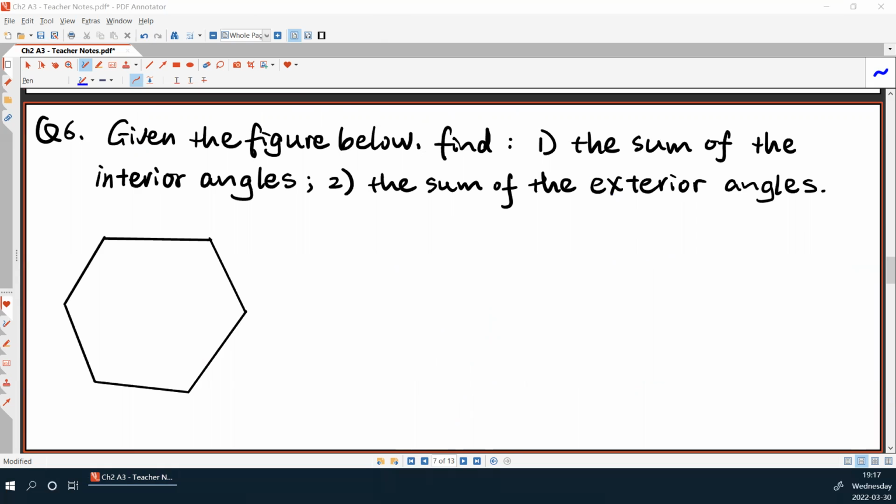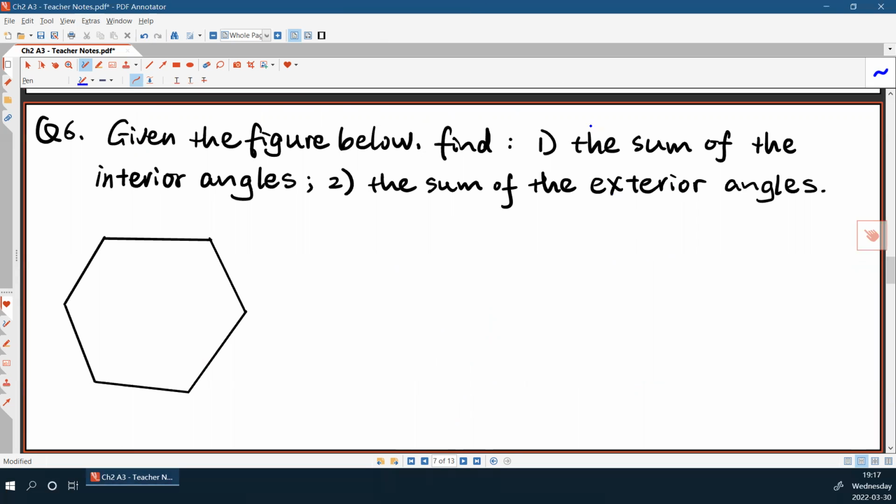All right, so there are two questions. Given the following figure, question 1 is to find the sum of the interior angles. Question 2 is to find the sum of the exterior angles. Okay, so the sum of the interior angles is the sum of the angles here, here, here, here, here, and here, right? There are 6 angles. But note that we haven't learned anything